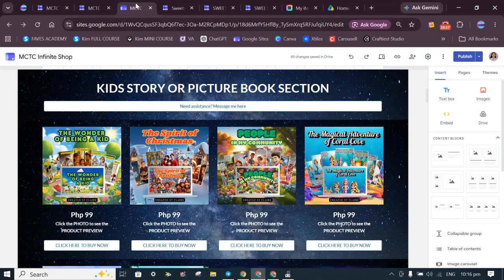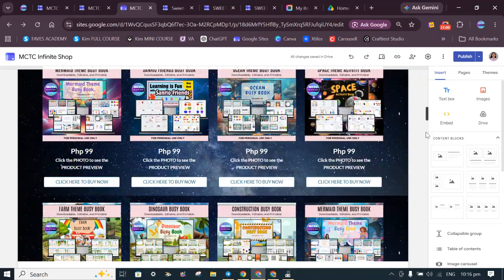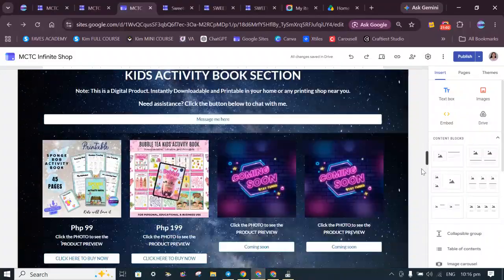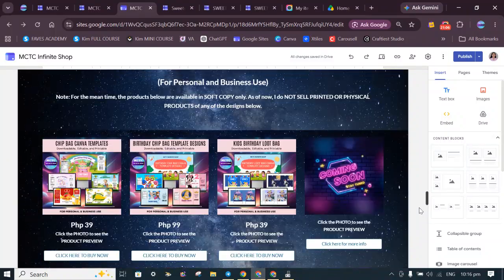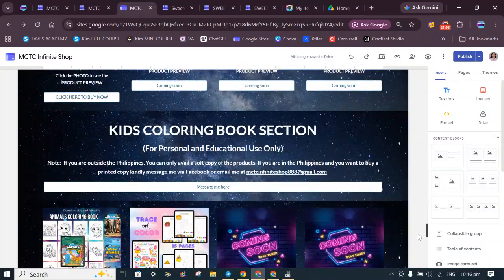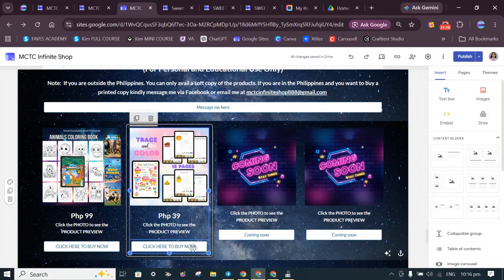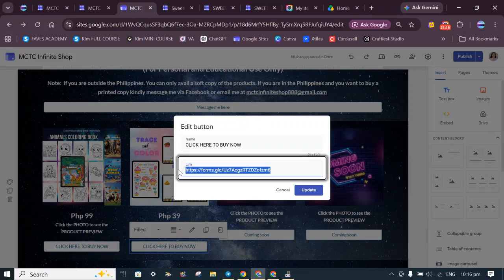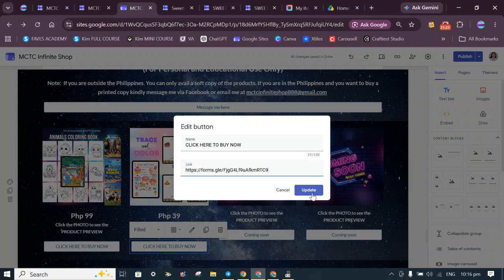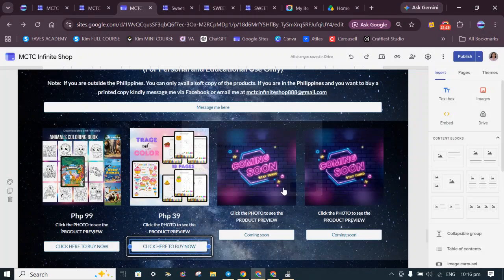After clicking copy, you go back to your Google website. Here you go, and then just paste it in your Google website, the specific button for it. In here, just click that one, then click the edit symbol, then let's say you put the Google form link there, and there you go.